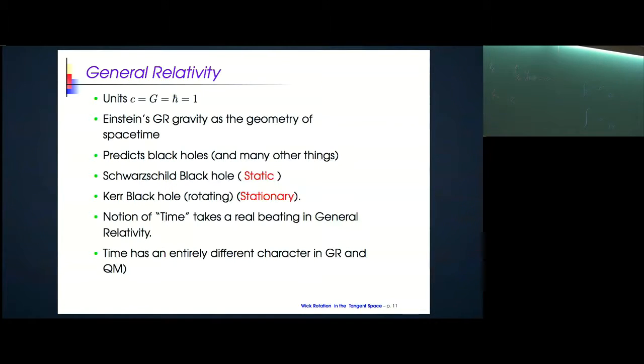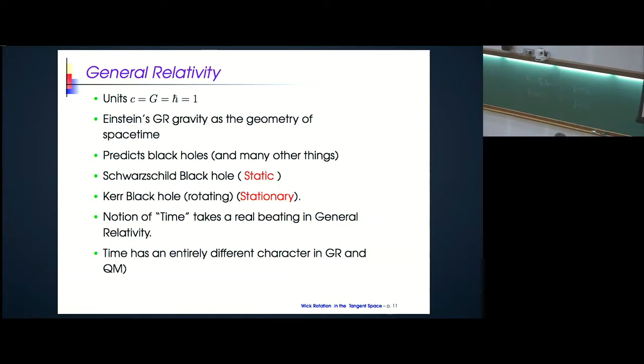So what this means is that you take the integral curves of this vector field and look at the tangent spaces orthogonal to it. If they mesh together to form a surface, you say it's static. Otherwise, it's stationary. Physically, what this means is that, well, in electrodynamics, you have the notion of